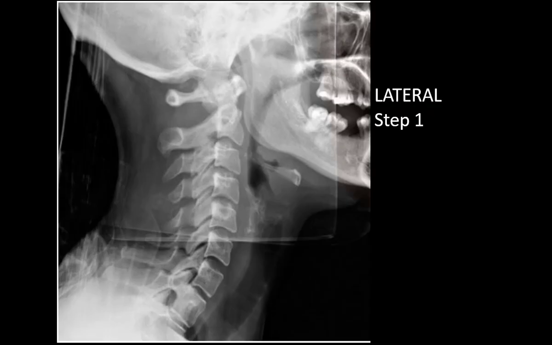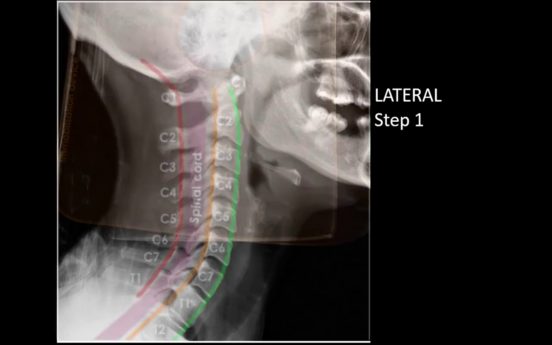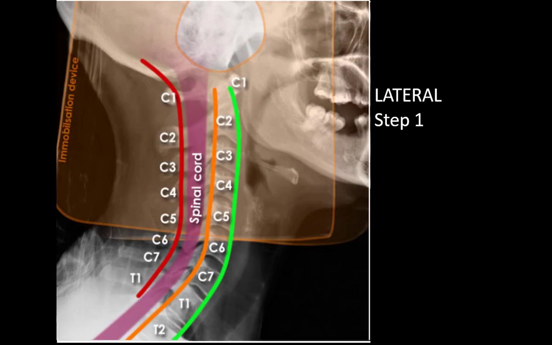A little about lateral cervical X-rays which we commonly encounter in trauma patients. You have to look for the alignment of three lines. This is the anterior line which is the anterior longitudinal ligament, this is the posterior longitudinal ligament, and this is the spinolaminar line. There should be alignment of all these three lines if the X-ray is normal, and it normally follows a lordotic curvature. Again, an optimum X-ray is obtained if you see C1 to T1. All from C1 to T1, all vertebrae and the spine are visible.